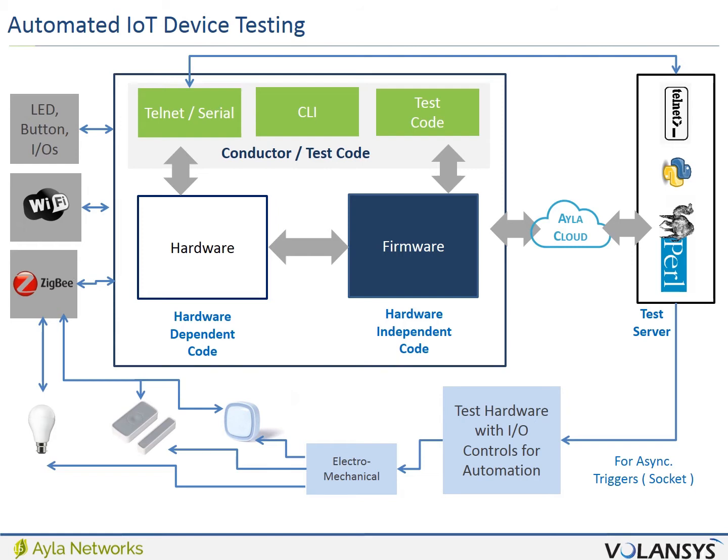For example, we want to test the discovery part. So what we do is we put a Homebridge into ZigBee discovery mode to detect the end devices. As part of the same automated test case, the test server asks the test hardware to press the sensor mechanical switch and put various sensors also into discovery mode. As a result, the test server checks the output of the Homebridge CLI for the number of sensors detected against how many sensors we have put into discovery mode, and from that it decides whether the discovery test passes or not.